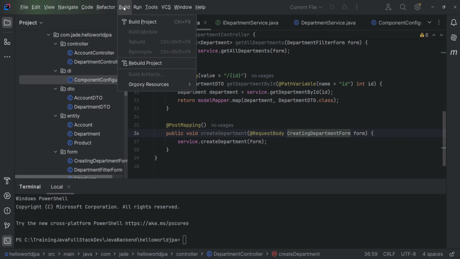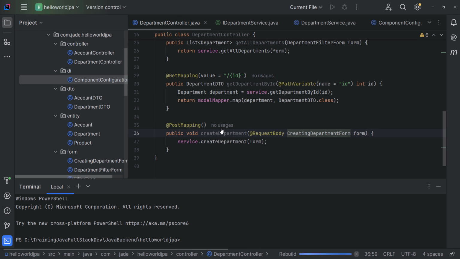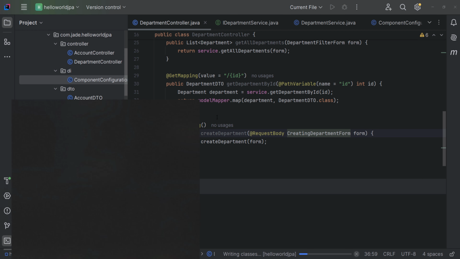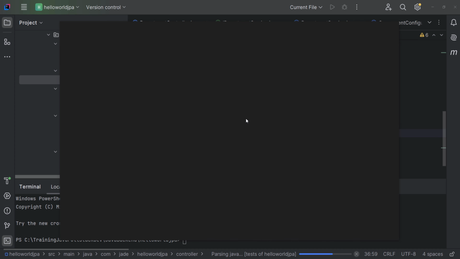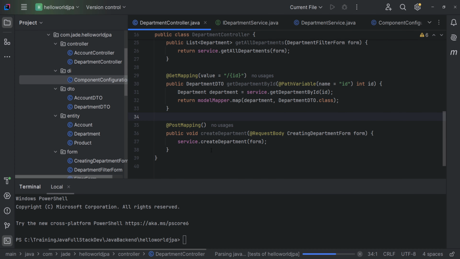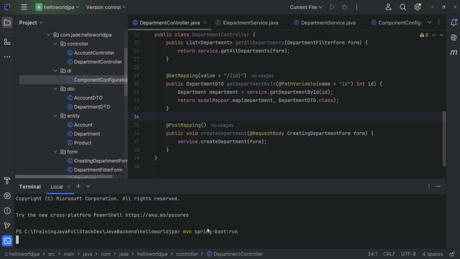So before you run, you need to review the project. Alright, and you can run the server,